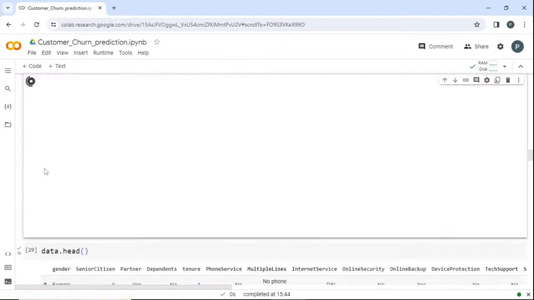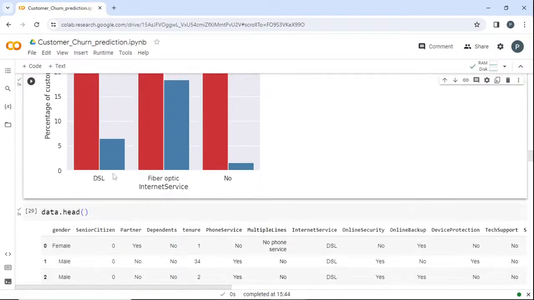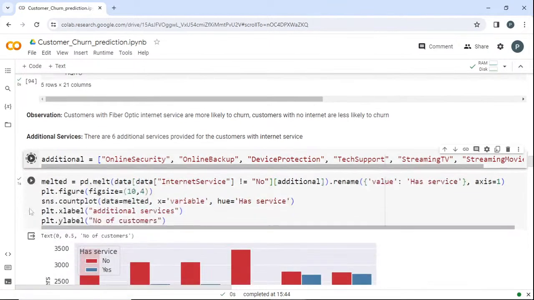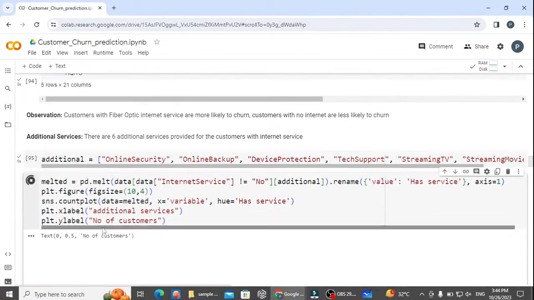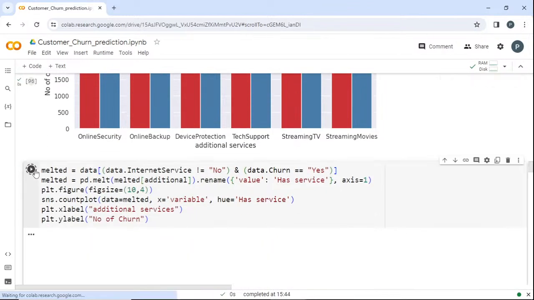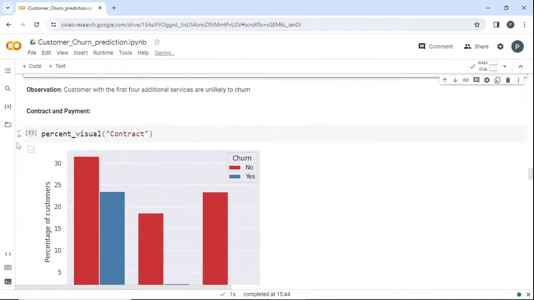Internet services, like that we can perform a lot of data analysis and understand the data better. So these are just the data analysis part. Okay, so we have a lot more data analysis. From that we could understand what the important factors are. You could also get a correlation of how one is related with the other.